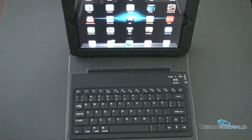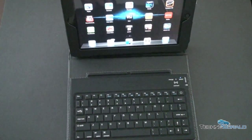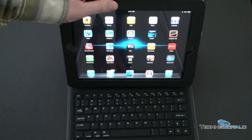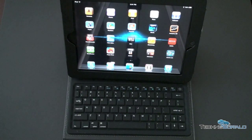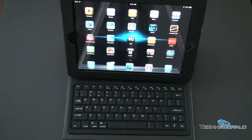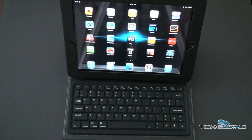So when you want to use this device, go ahead and lift up your iPad. There's a little bit of a ledge to leave it there and go ahead and type. I've tried using this for maybe 5 or 10 minutes just to get a sense of how well it worked and whether or not I thought I could get used to it. Certainly I'll follow this up with a full review and perhaps my opinions will change, but this is not the most pleasant typing experience. If you're thinking you're going to get a full keyboard substitute, you are going to be